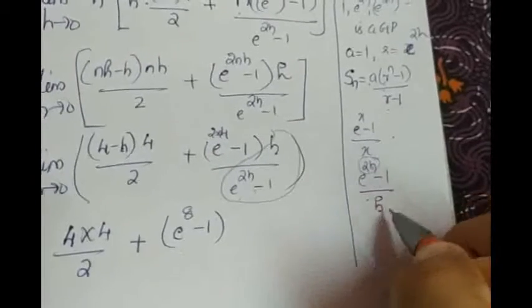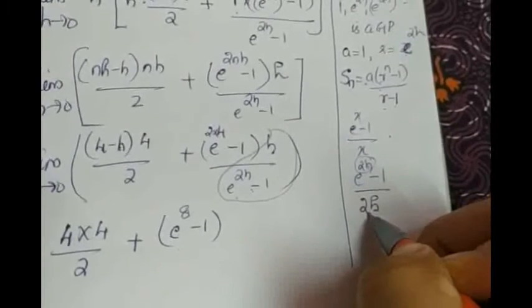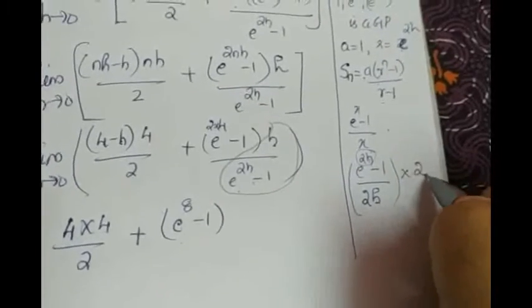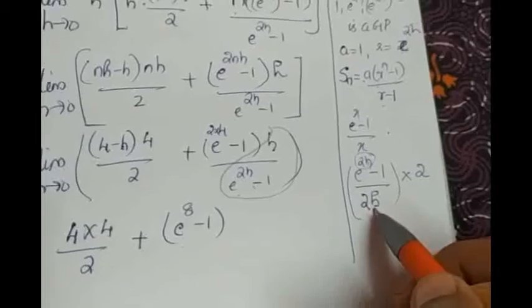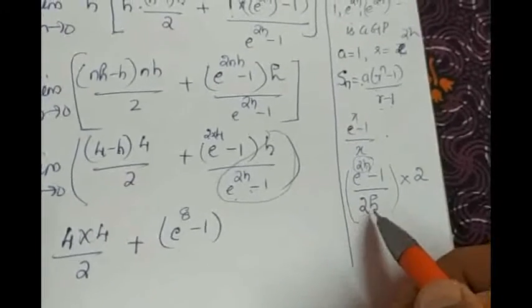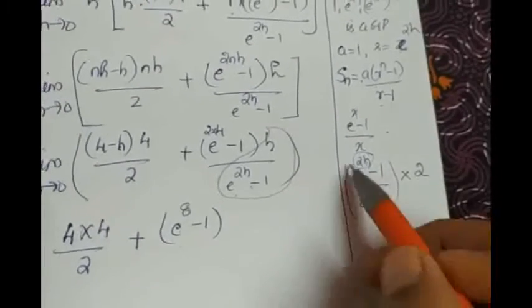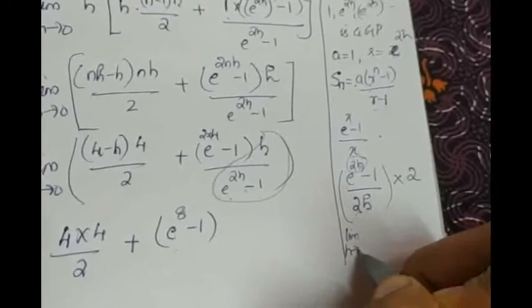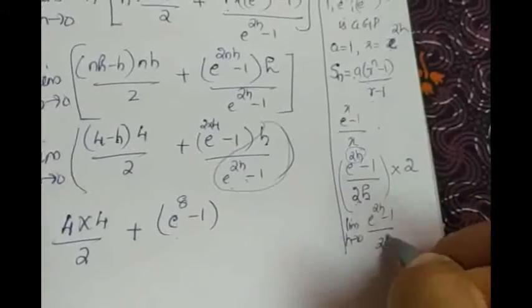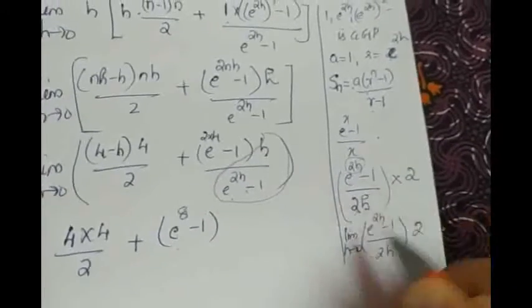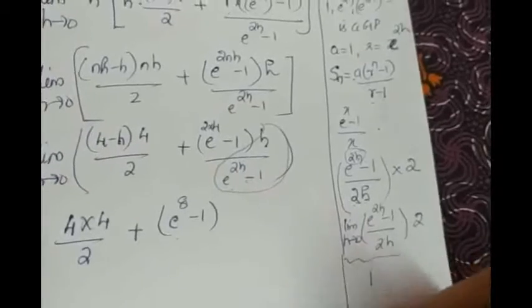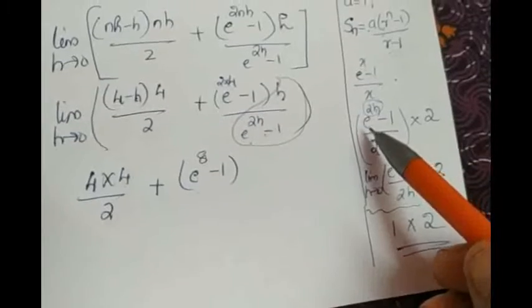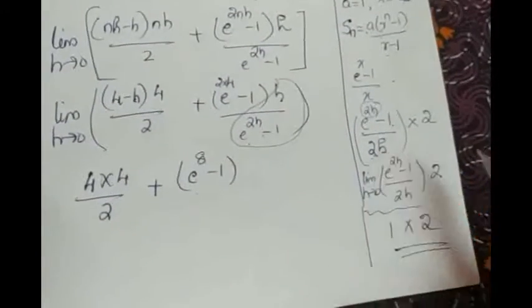So if you have to make h as 2h, we have to multiply the denominator with the 2. So that to balance that, we have to multiply the whole term with the 2. Okay, this will get cancelled, giving you h. Since we need the denominator as 2h, we have to multiply 2 in the denominator. To balance the term, we are multiplying it in the numerator. Now if we apply the limit h tends to 0, e raised to 2h minus 1 by 2h into 2 will be the value. This limiting value is 1 by the formula into 2. This constant 2. So the limiting value of limit e raised to 2h minus 1 by h will be 2.